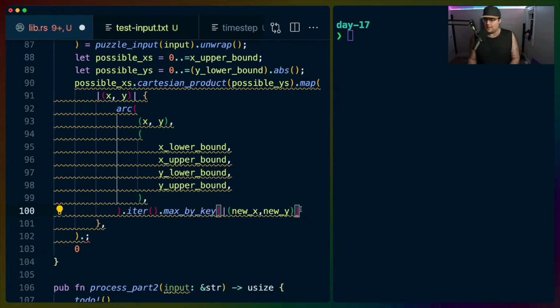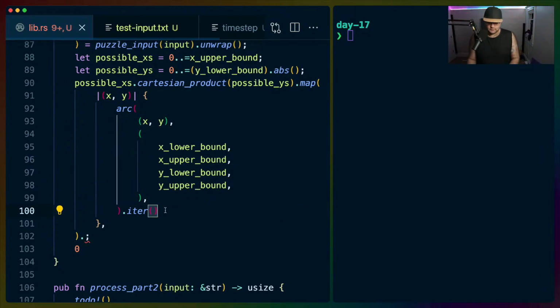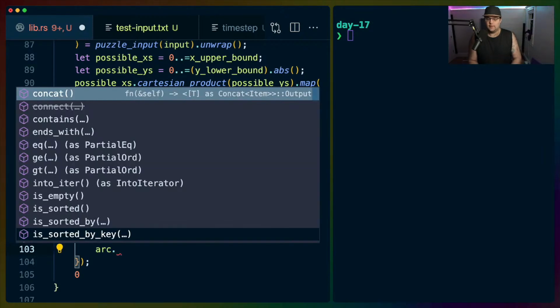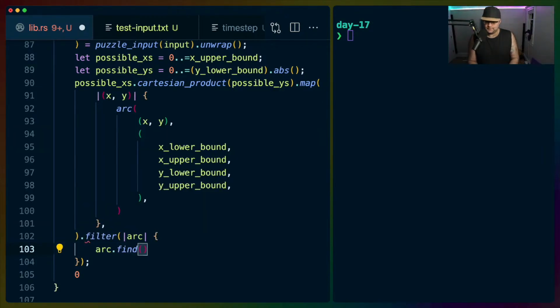Actually, we don't want to do max by key yet, do we? We want to make sure that this actually hits. So in these arcs, we want to filter for the arcs that have an X